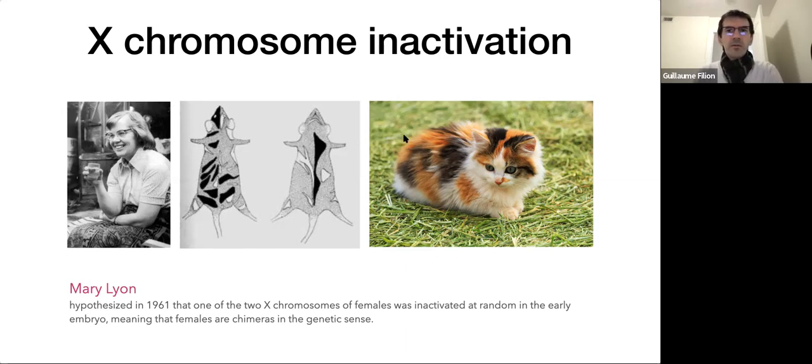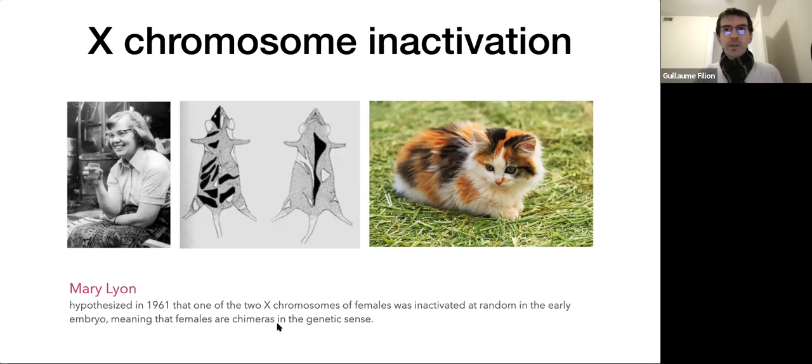And so one of the most famous examples is the three-color cats, the calico cats. When a cat looks like this, it's always a female. When a cat has three colors, it's a female because one of the genes that gives the color of the fur is on the X. And so when they look like this, it's because one of the genes has been inactivated in some patches of cells. And so that's why the cat looks patchy, because the females of mammals are always chimera in the genetic